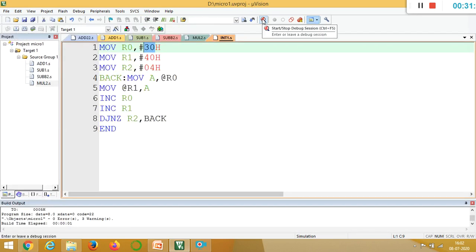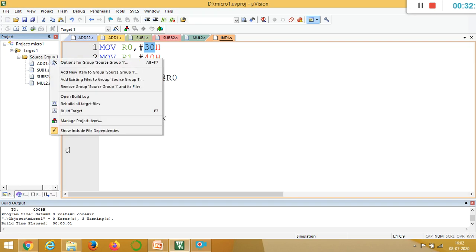So this is a problem you are facing when you add so many files at a time. So save, again you saved it, rebuild that file. Okay, sorry, one more step I forgot. So here I wrote the program, I didn't attach to the source file. Okay, so that's why I'm getting that problem. So before start a debug session, add this file to the source group.